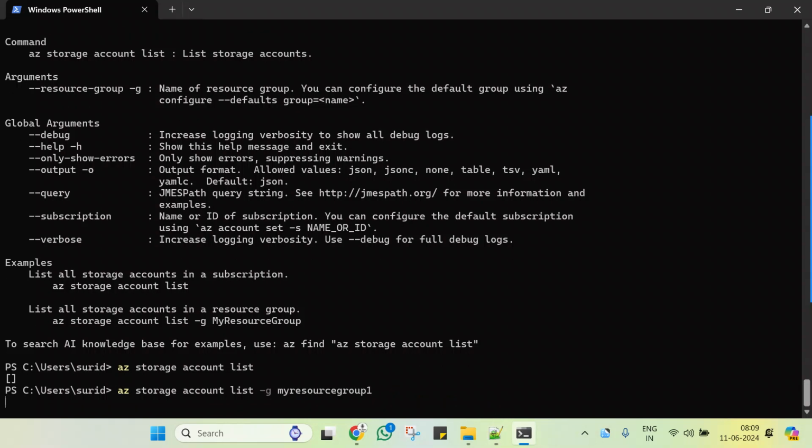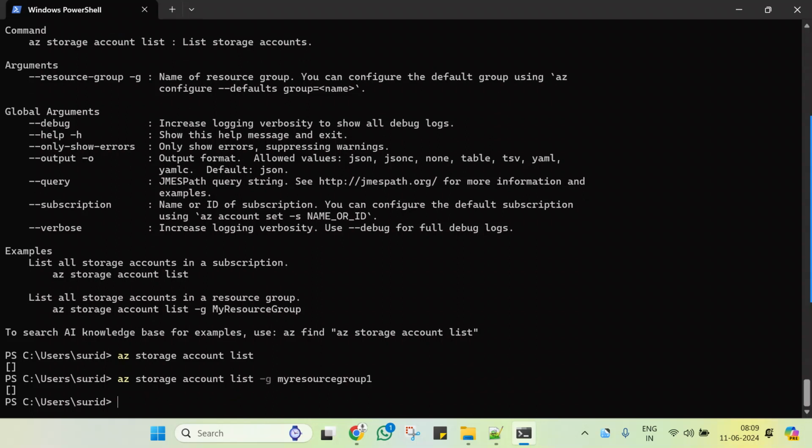My resource group 1. No storage account is created so far because we have only just created this resource group. This is the way we usually check whether storage accounts are created or not. Suppose I want to create a new account,